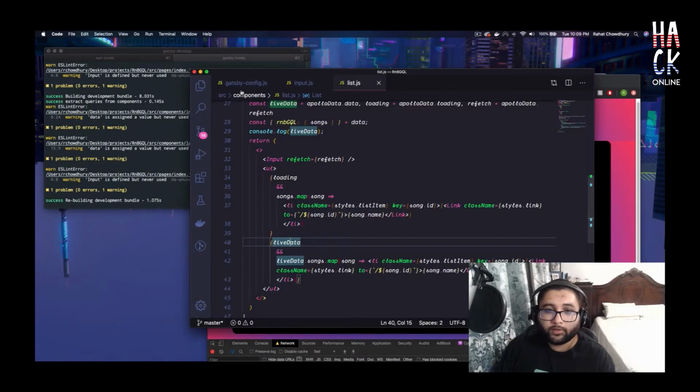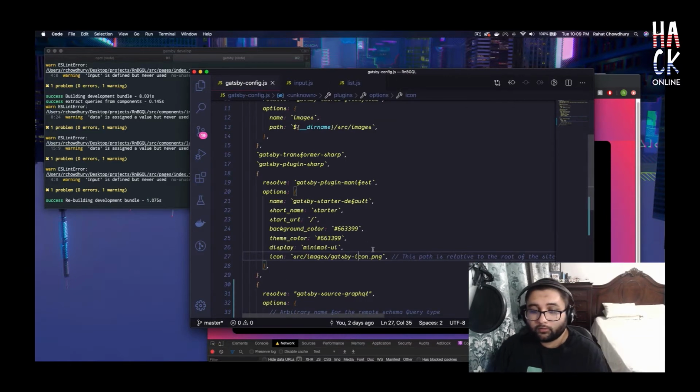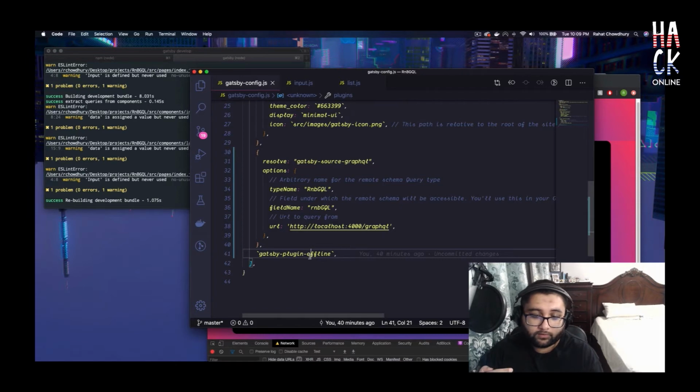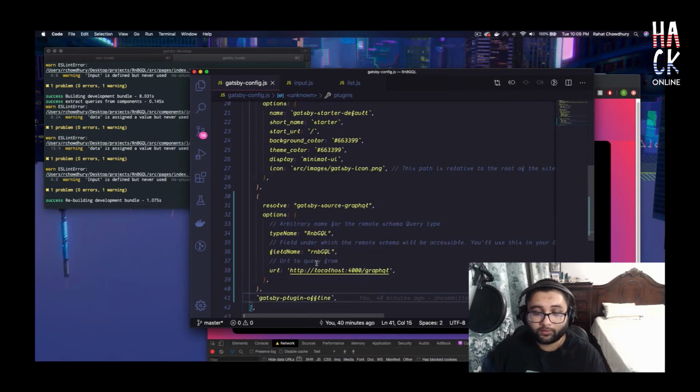Now back to the code and back into this Gatsby configuration. There's two more plugins that I installed. This one, the Gatsby plugin offline. You want to make sure that, again, for a progressive web app, your users can use your app offline. The Gatsby plugin offline does all the work for you of implementing a service worker. Their plugin system is great. All you do is npm install a plugin and drop in some configuration into this config file.